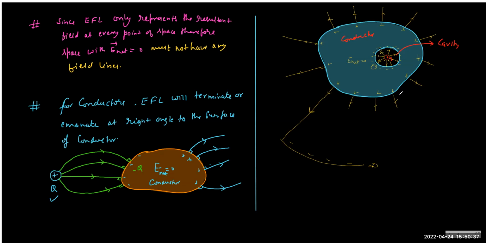Understood? So they will ask you, can we remove the minus charge by any method? And the answer is no. Why? Because the birth of the minus charge is not due to someone else, but it is due to the plus q charge which is kept in the cavity. So who can affect the minus charge? The answer is the plus in the cavity. So the only way I can remove the minus charge is by removing the charge itself from the cavity. Understood?